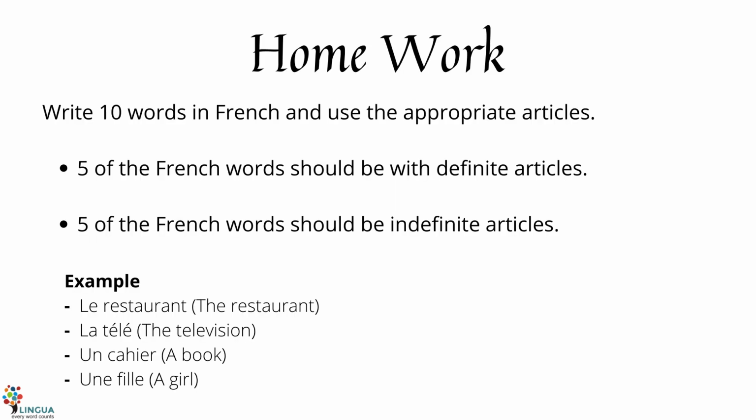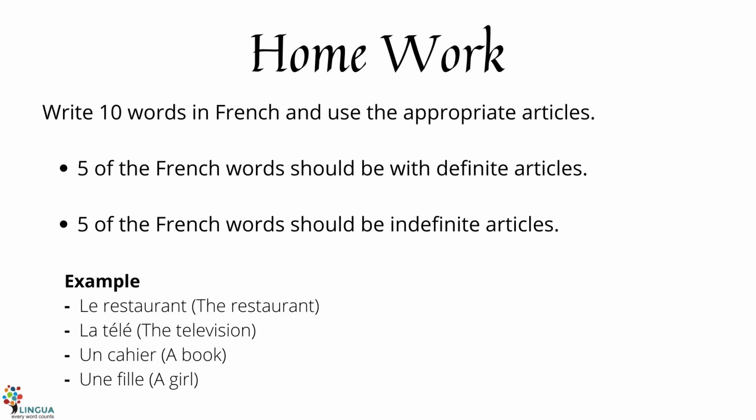So, a little task for you to go on with. We're going to come back with 10 words in French. Five of those words have to be definite, and another five have to be indefinite. So that means you're going to be using indefinite articles for five and definite articles for the others. Below that, I've given you some examples. Do not use those examples again. Those are my examples. So just go on. You can check dictionaries. You can try to read basic French sentences, and then you come across words that have these articles alongside them.